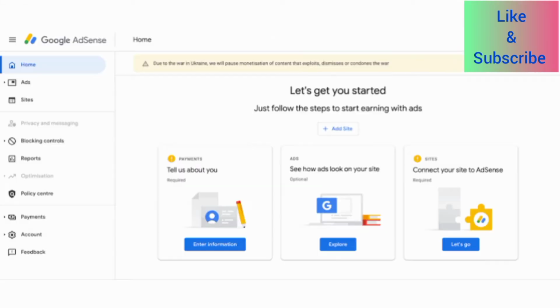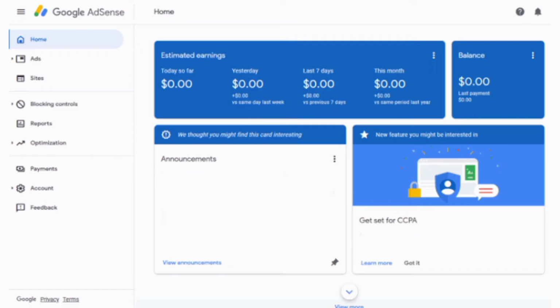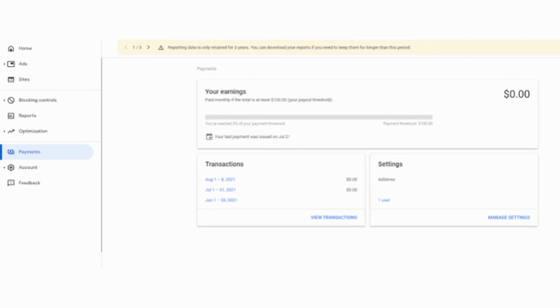And on your AdSense account, you need to provide and verify your personal information and connect your website to AdSense and allow AdSense to review your information. And after your application is approved, you can set and view how ads will appear on your website. And on this left hand side, you can explore all these sections, including account and payments, where you need to